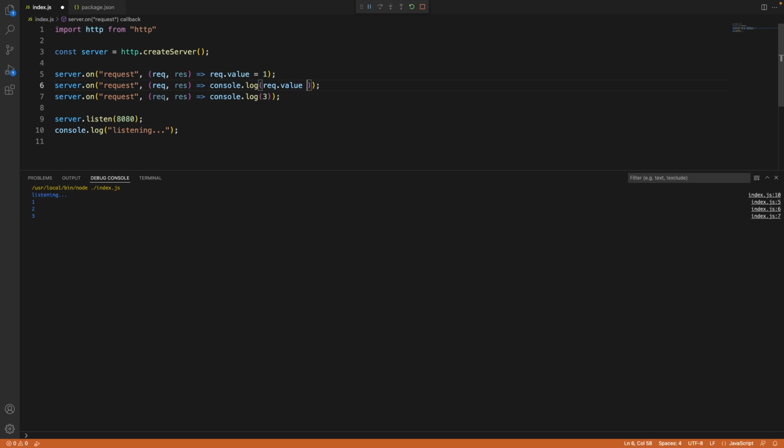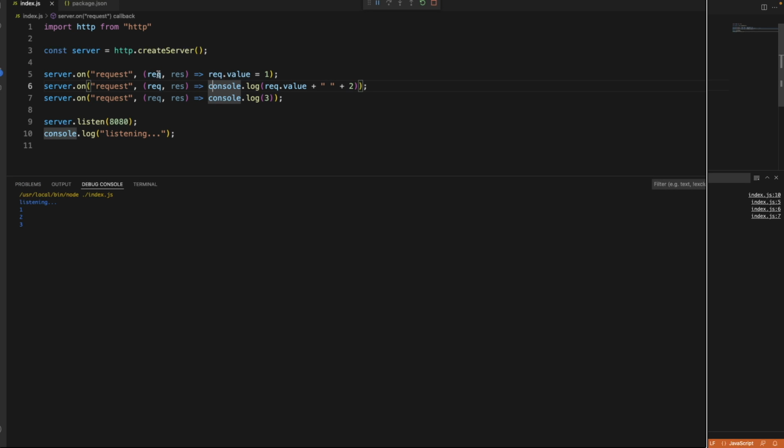If I can type, right? And then followed by 2, right? Let's do that. Then 3. Let's just print 3 there. So what I expect here is, since I didn't print anything there, I expect that request.value will have the key, will create a new key of value 1, and then that request will be passed, and we're going to use